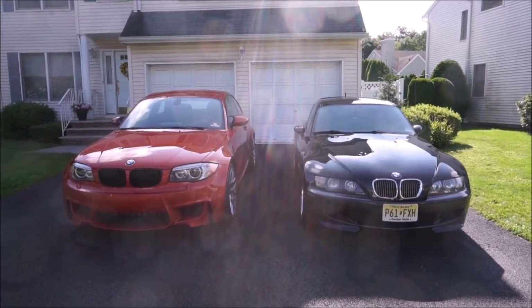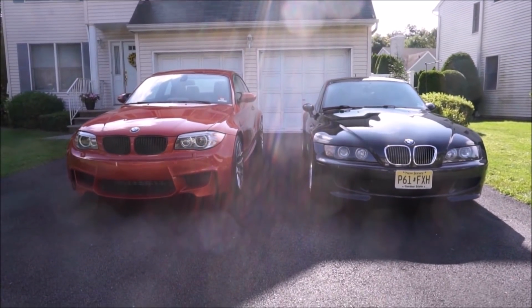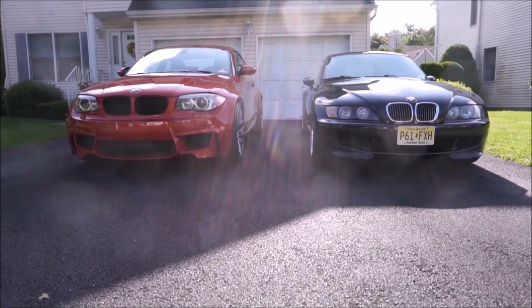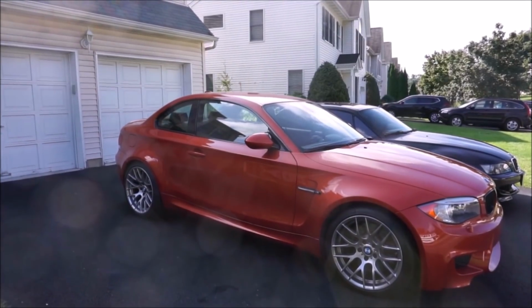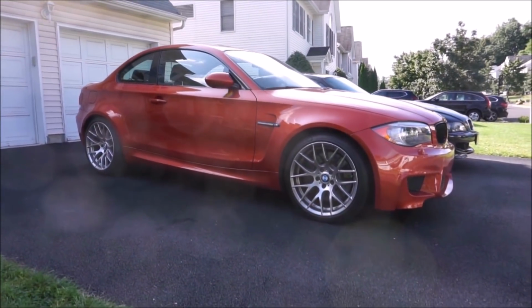If you're really going to drive it, like I take my 1M to hockey, or we go on drives here to a lot of the mountain roads. If I was doing drives with my friends, I would take the 1M, because the 1M is more likely to keep up with them. It has a finer tuned chassis. I have navigation, a better stereo. So if you're going to do a lot of drives with faster cars, I think you want the 1M all the way. The 1M is modern enough and fast enough to keep up with most cars, where I would say